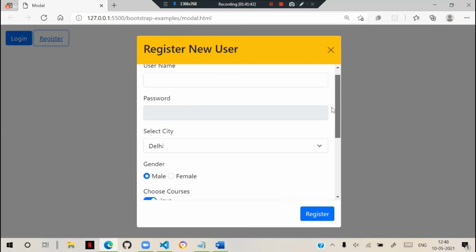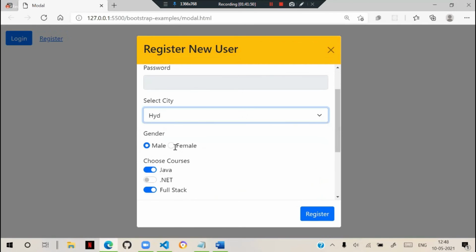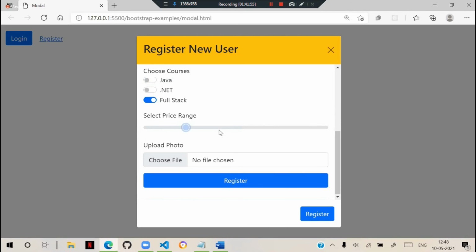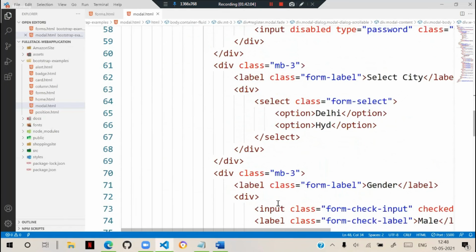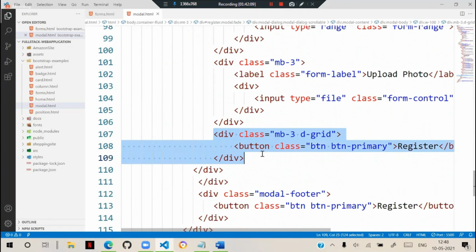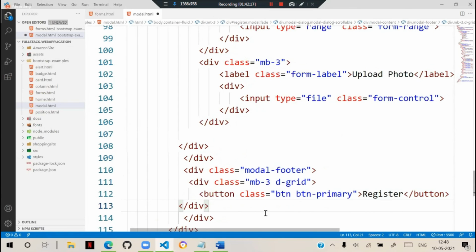In the modal, I am adding the form and designing the form. And all the options are the same. All the features here are the same. So the point here is we can make the forms better. Now, because the register button is there in the footer, I don't need a register button at the bottom. I don't need this button. So at the footer, we can keep that. That means I will cut it from here, and here in the footer, I am keeping it. Then the register button in the form will display like this now.